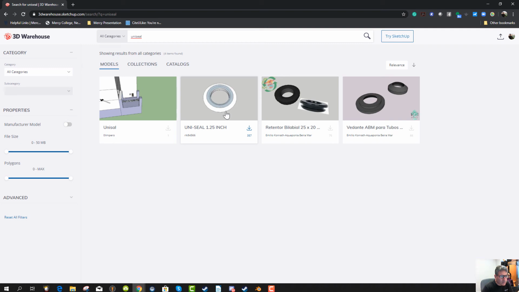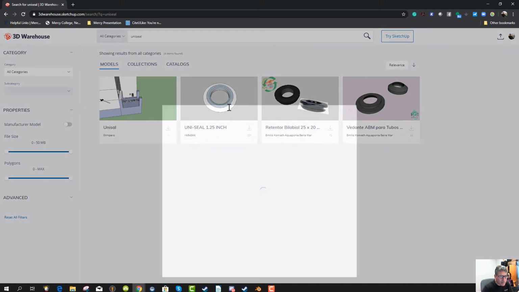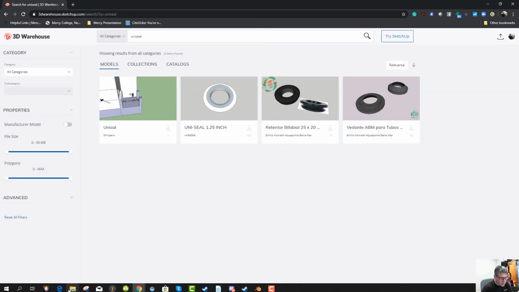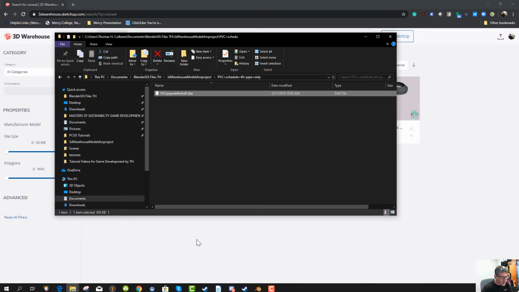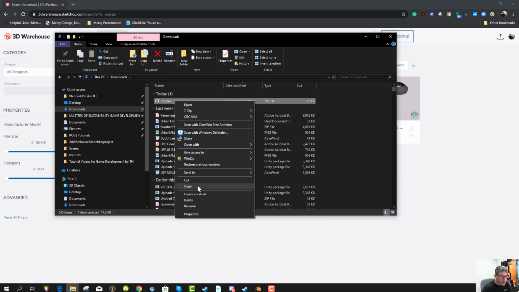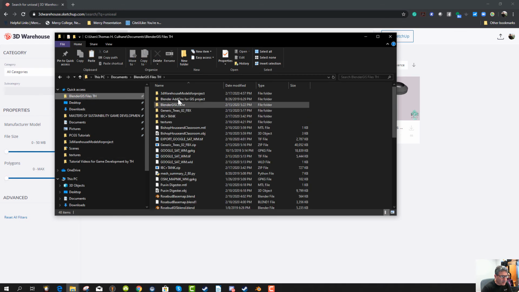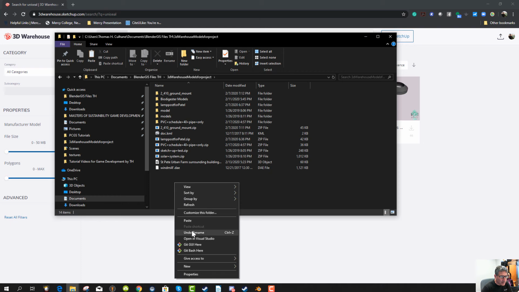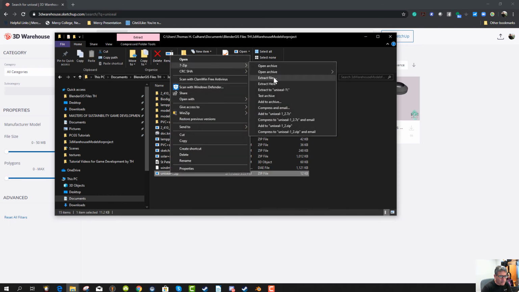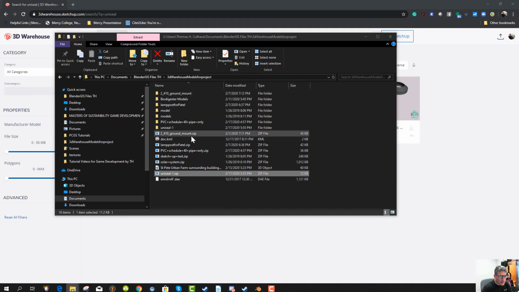I'm going to download this as a Collada file, and then I'm going to go to my folder and go to my downloads, unclick this uniseal, cut, go to my Blender files, my 3D models, paste it, and then unzip it in here, and then come in and change the model name from model to uniseal,